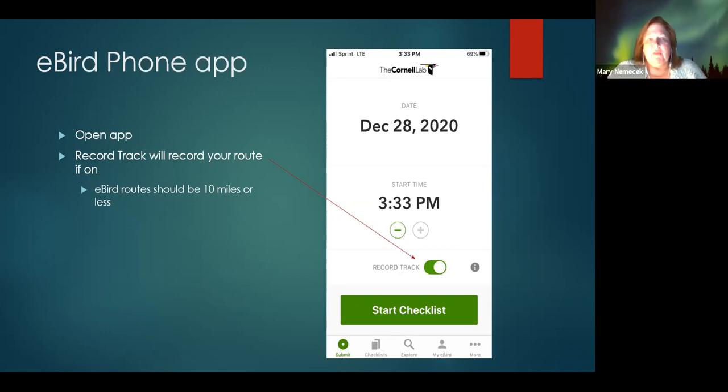I will say this, eBird routes should be 10 miles or less. The thought around that is if you're birding more than 10 miles, you're probably into different habitat or different hotspots, and you need to start a new list. If you're driving back and forth a bunch of times, you could rack up more than 10 miles. And so, maybe you're birding the same area and you just went back and forth a lot, and so 10